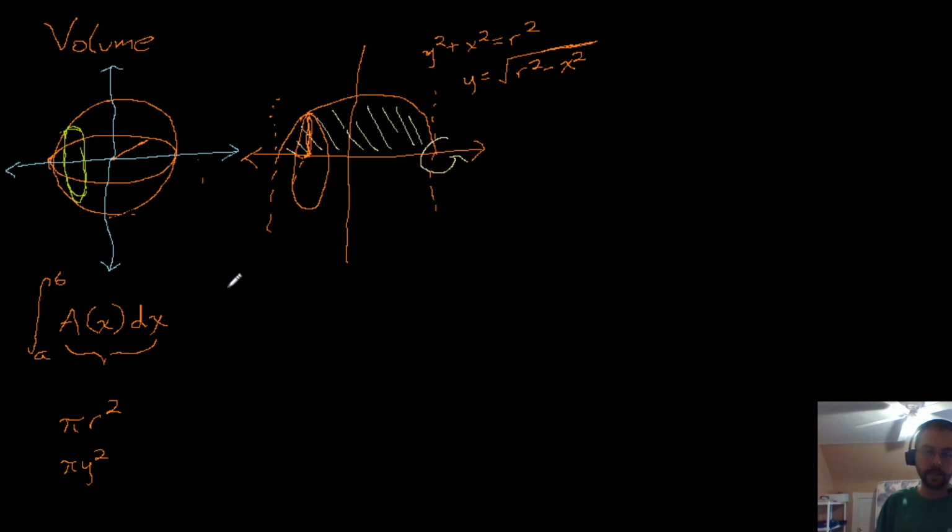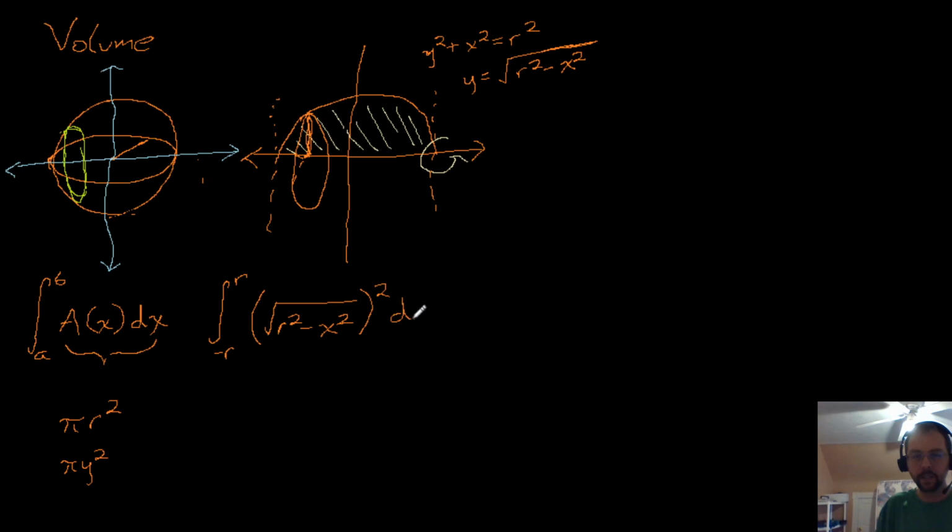So plugging in some almost real values, because I'm still going to use the r's, this is the radius of the sphere, so we go from negative r to positive r of this area, which is the square root of r squared minus x squared